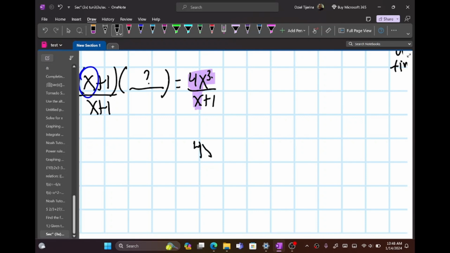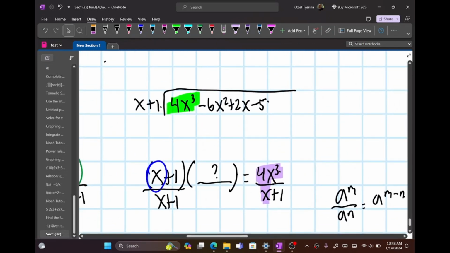So when you do that, you have 4x cubed over x, right? Using laws of exponents, remember that a to the m over a to the n is a to the m minus n. This is the quotient property. So this will be 4x squared. Now, you're going to put 4x squared